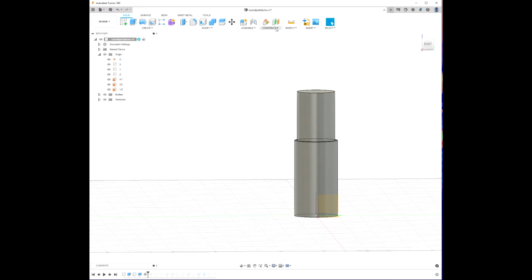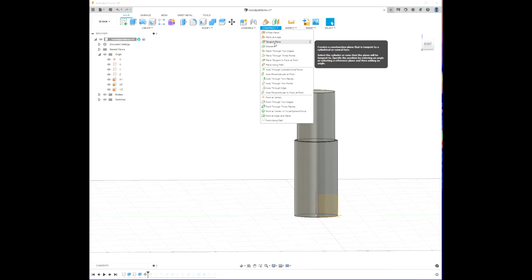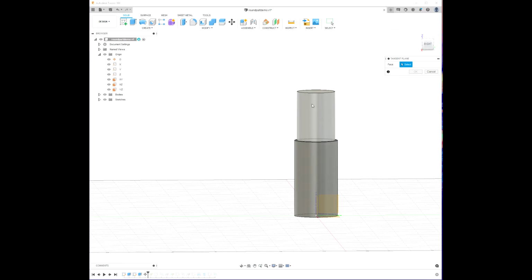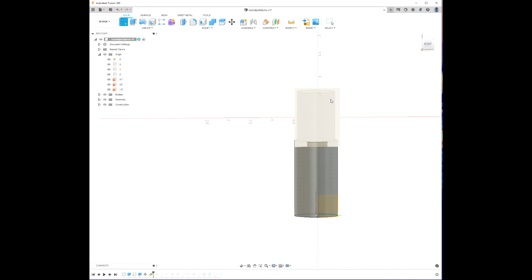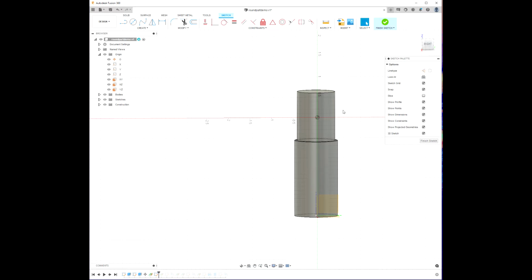But to do that, you're going to have to put a plane in there, a tangent plane. I've selected the face, and then it wants you to select the origin. So I selected this axis here, or rather, you want to select the reference plane. I selected that plane there and then clicked OK. And of course, the next thing I want to do is create the sketch on that plane, so selecting that plane there,